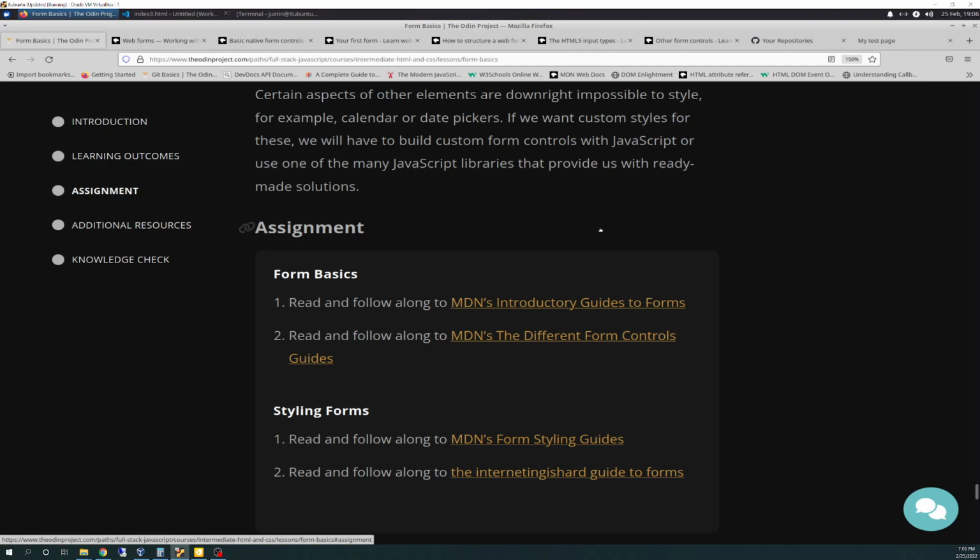I talked about this in yesterday's video. It's not hard stuff. It's just wordy, and you've got to take time, and you don't want to rush through it, because this is like the meat and potatoes of how you play with your backend and how you manipulate and get data. So you want these forms to be not only easy to use for the user, but